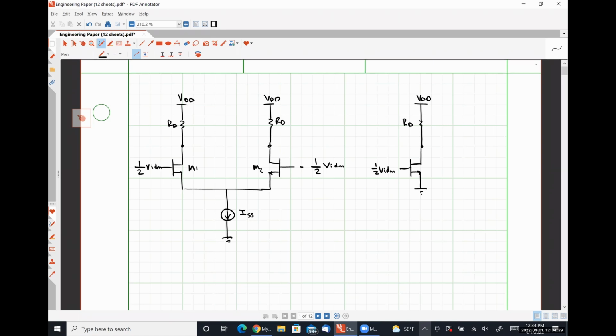Sorry, here is Vout1 and here is Vout2. So this guy would correspond to Vout1. As we know, this is simply a common source amplifier, and so the voltage gain of this circuit